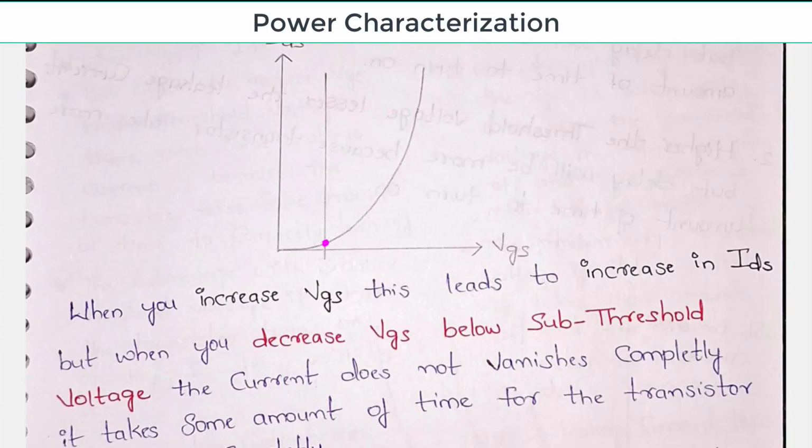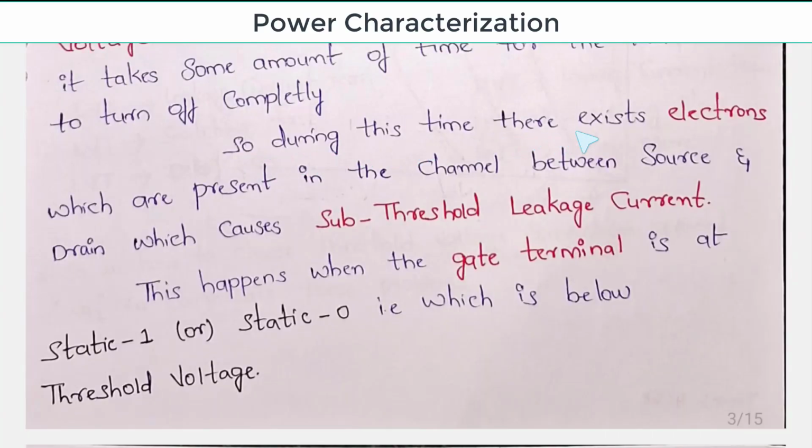So this is called some threshold voltage. Less than threshold voltage means this portion. Whenever you are reducing VGS below threshold voltage, it does not vanish completely. Why? Because it takes some amount of time to vanish completely. Some amount of electrons will be present in the channel, because of which there will be some amount of current called subthreshold leakage current. So during this time, there exist electrons present in the channel between source and drain, which cause subthreshold